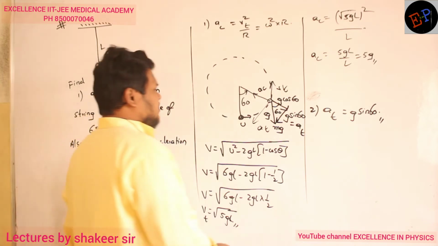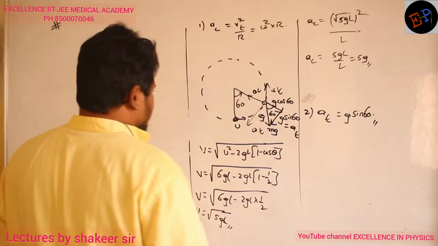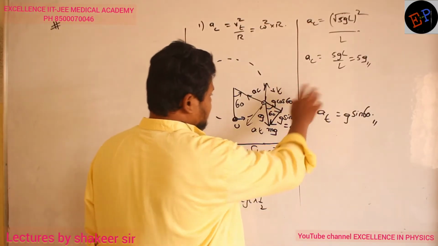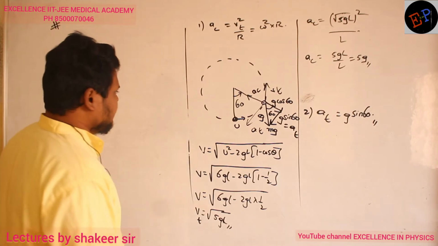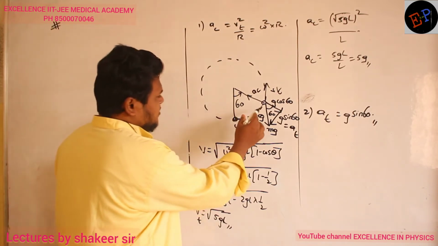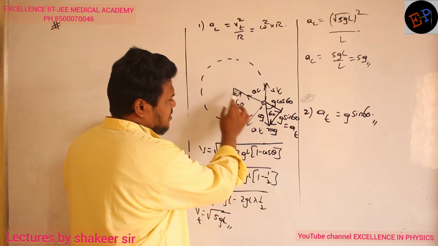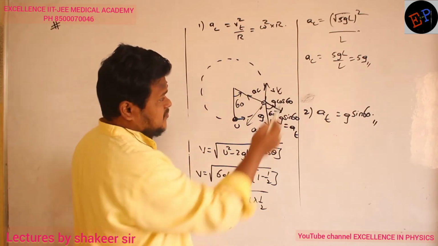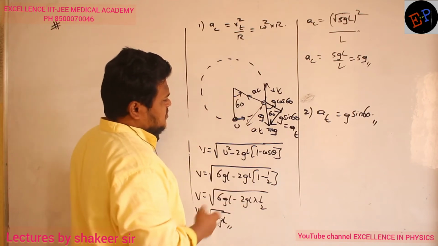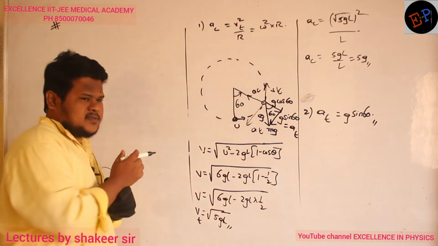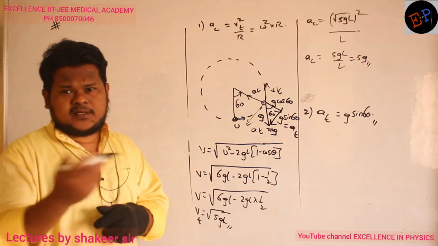Okay. First of all, make a note up to here. See how we can calculate, how we can represent these vectors, first of all in vector form. Clear? This is the direction of centripetal acceleration. This centripetal acceleration value I know, root 5g. So I should split this into two components, so that one component is along the x-axis, one component is along the y-axis. Then I can represent it in vector form.